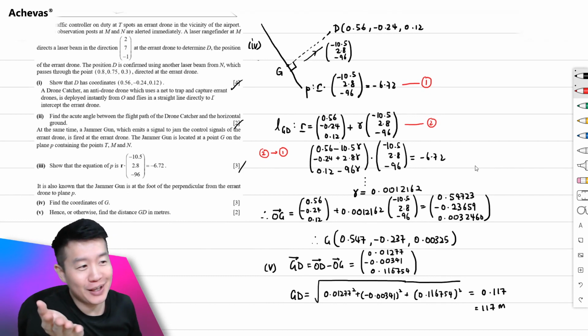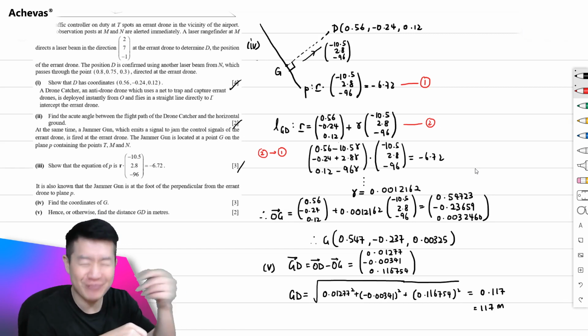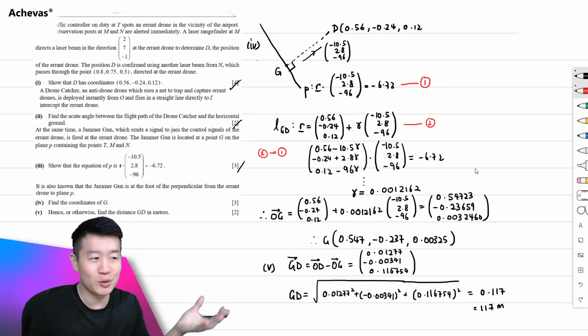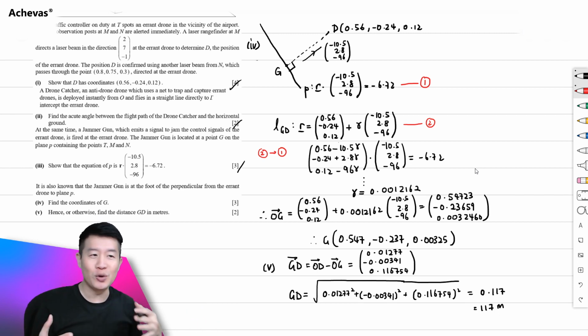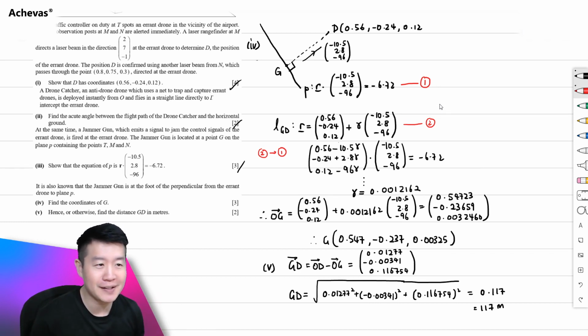Although this is very tedious, if this were to come in the A level, I think a lot of people will feel very happy because it is just writing a bit more, but you are definitely going to score. There's no twist at all in this question other than the fact that it is described based on a real life scenario. So we have finally finished this. It took longer than I expected, not about thinking but about writing this question. So that's it for this Hwa Chong paper. We have finished the entire paper, and I think this